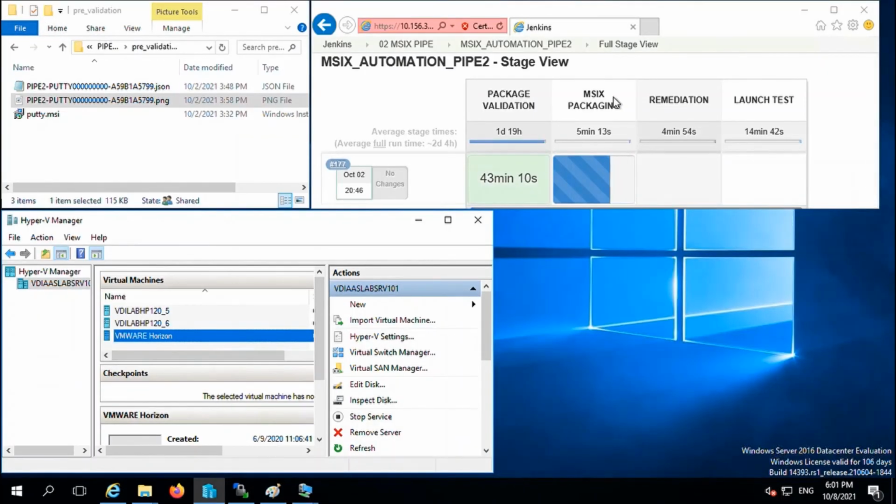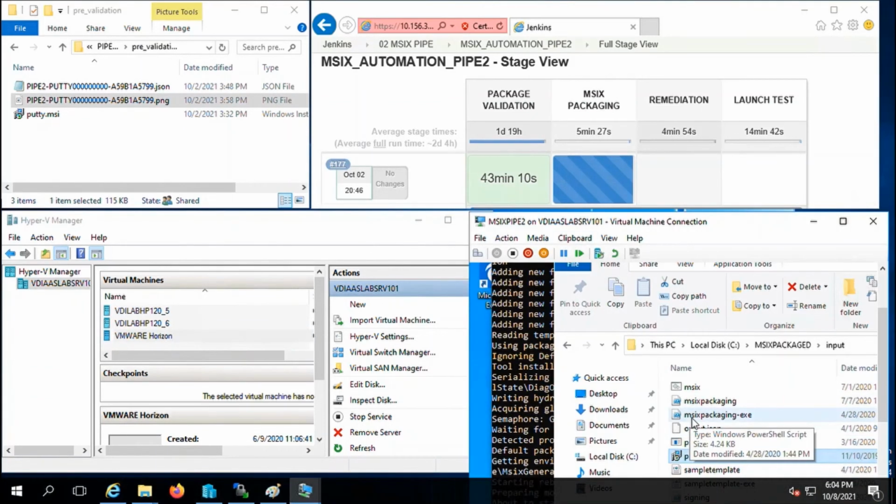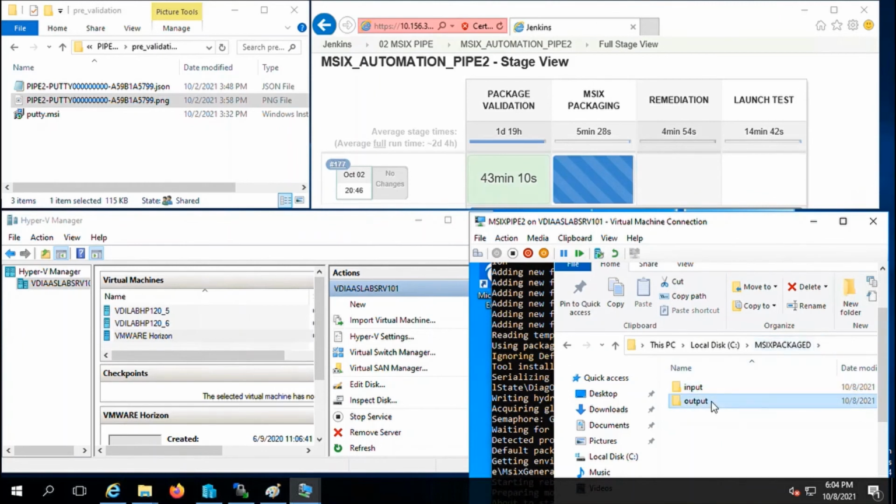The MSIX packaging stage started, where it will convert MSI to MSIX. Putty.msi is copied into the MSIX machine. You can see the putty file over here. Let's see the output. You can see the MSIX file available in that folder.